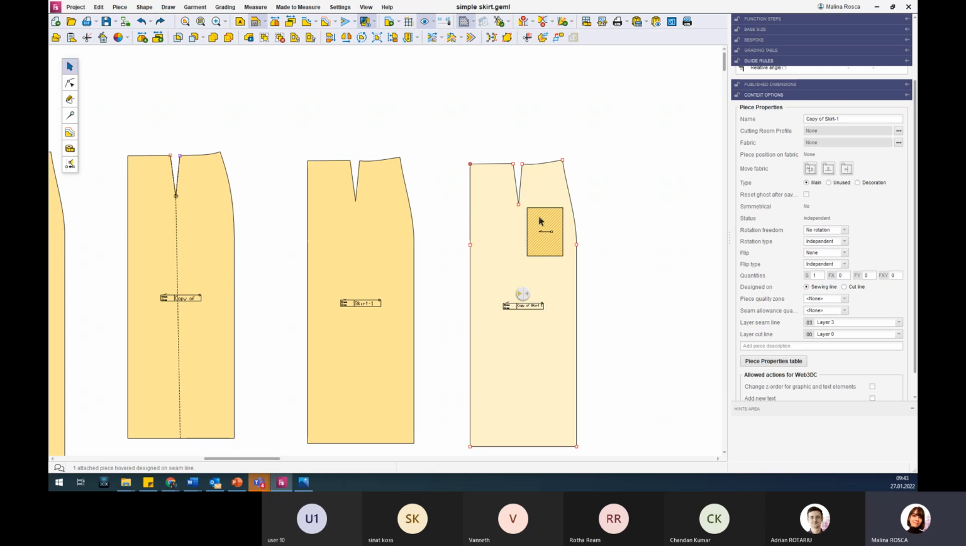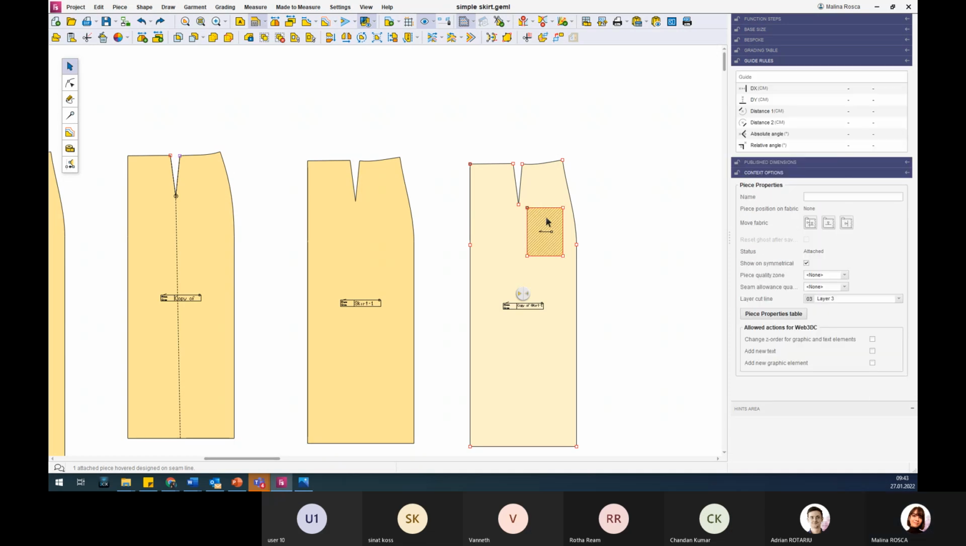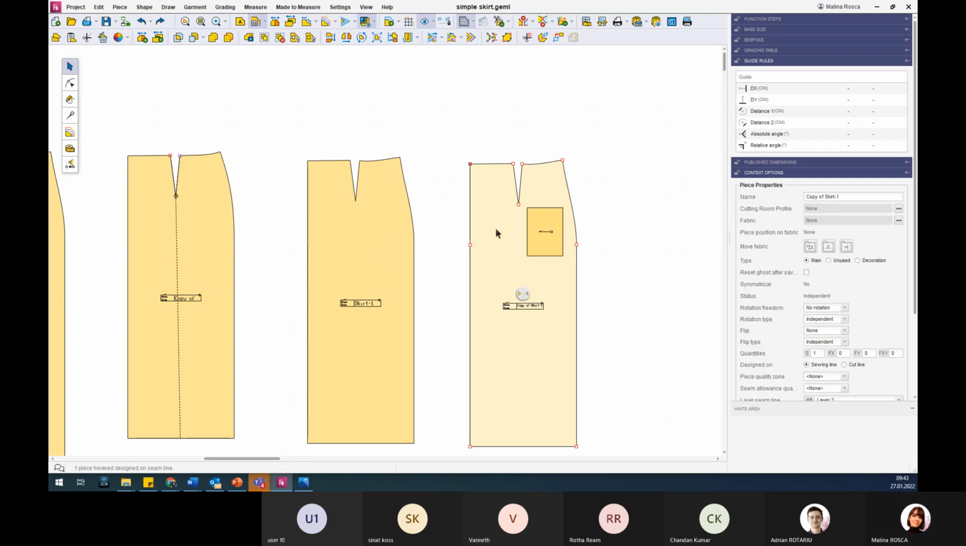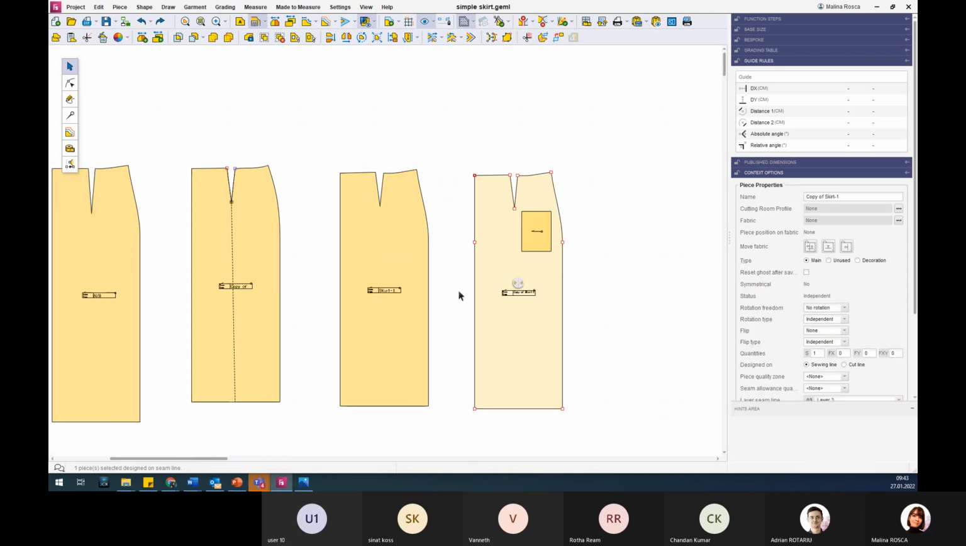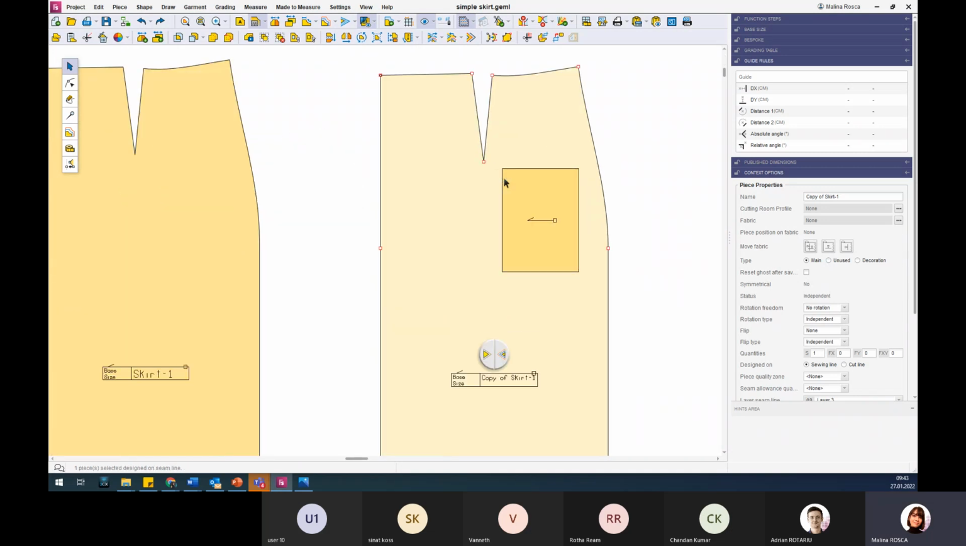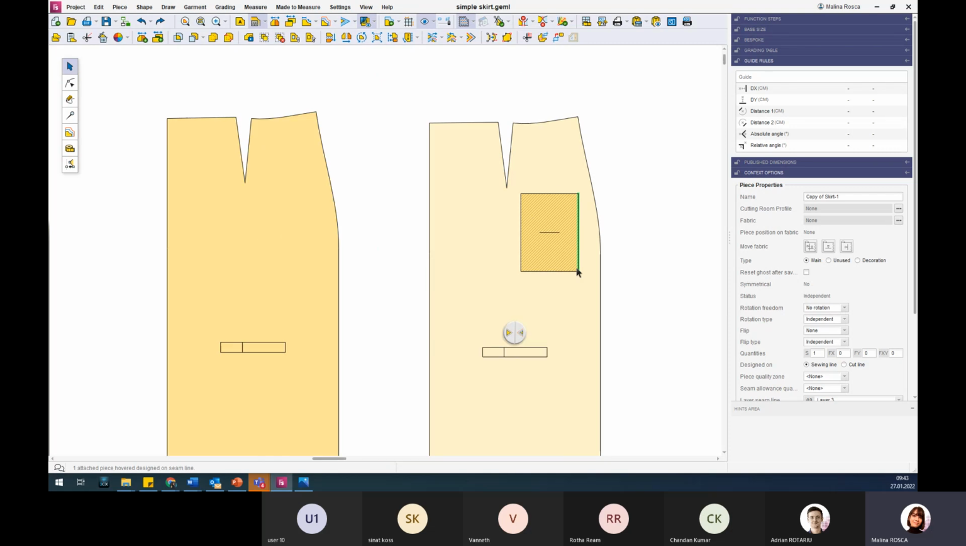And if I'm going to press on the attached piece, the context option also changed, and the status is also changed from independent to attached. And you can recognize an attached piece by the mask. It has these lines over it, and you can recognize it as an attached. If I want the piece to no longer be attached, all I have to do